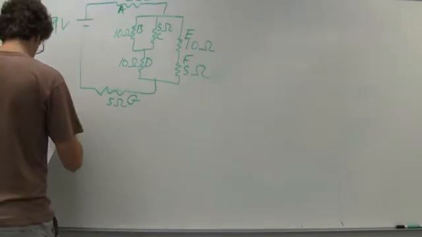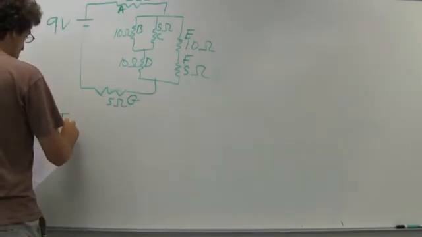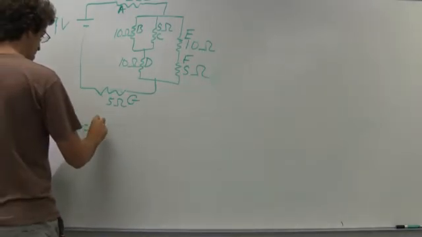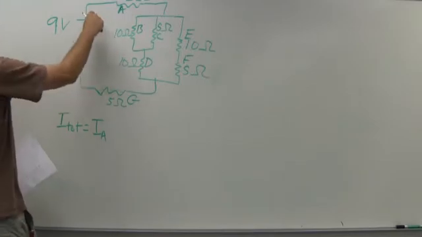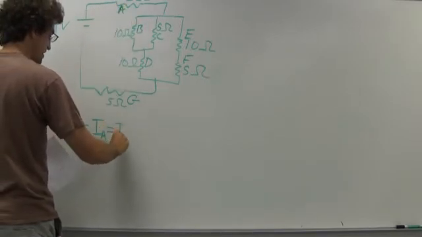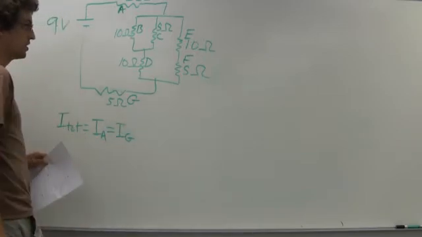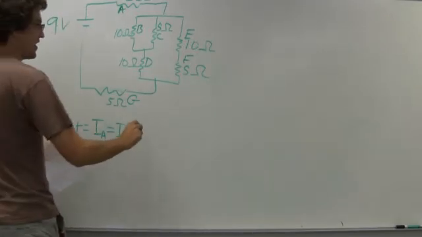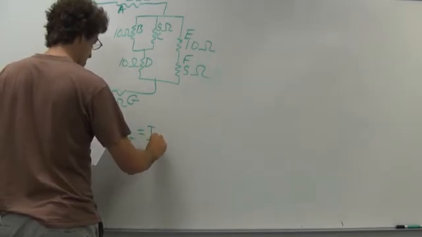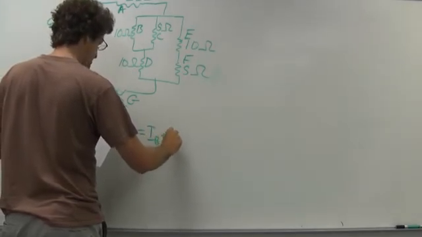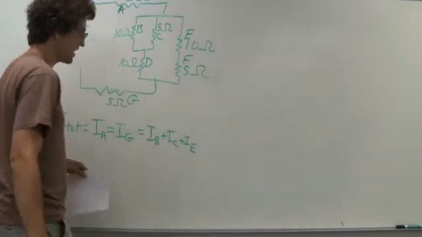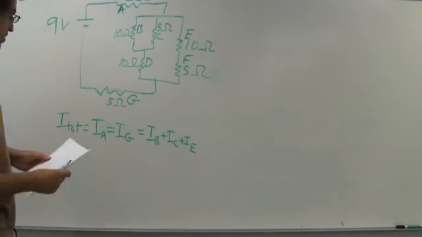First is that I total is equal to IA, because all the current through the entire circuit has to go through IA. It's also equal to IG. Again, everything equal to. And that's also equal to IB plus IC plus IE. That's not all we could write down. We could do a couple more of those, but that's most of the